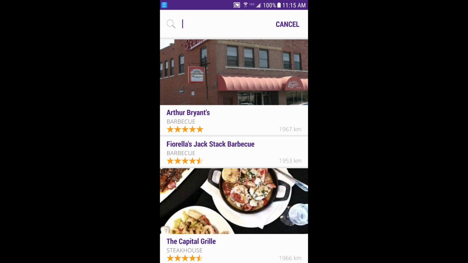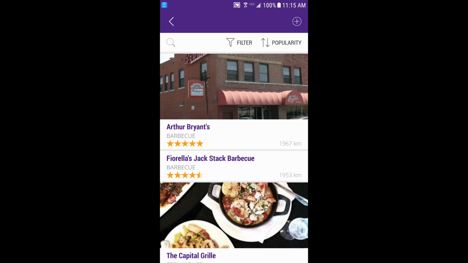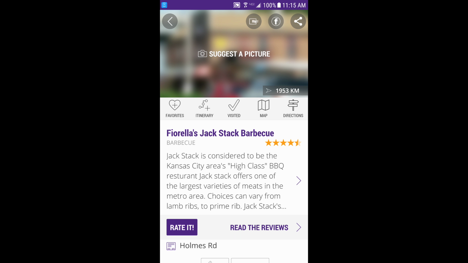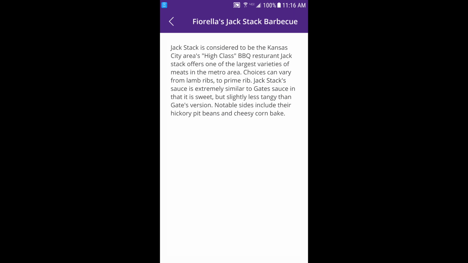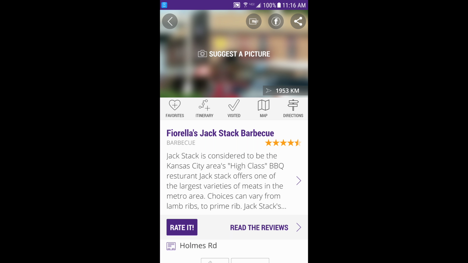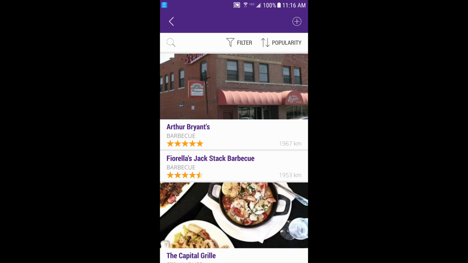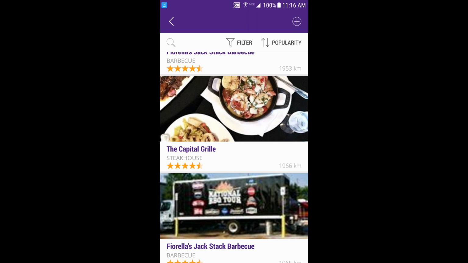So if I'm looking for a steakhouse, for example, I can go ahead and type in steakhouse and it will bring up steakhouses. Okay. The restaurant itself, the guide, will give details about the restaurant, its hours, for example, reviews, etc. All of this is available on the page. Let's get something that has a picture in it already. So if I'm looking, for example, at the Capitol Grill,